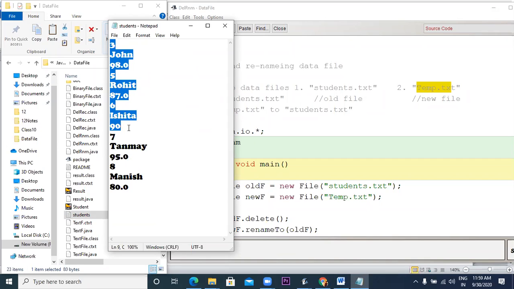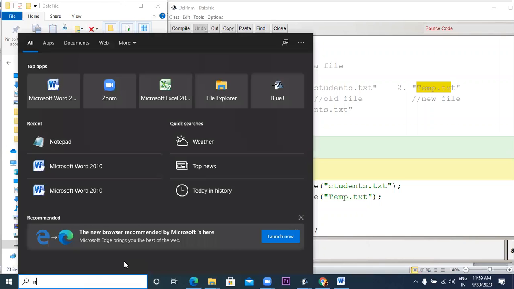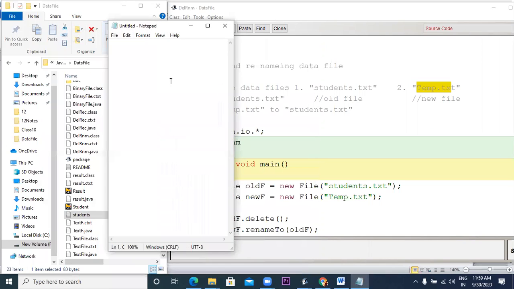Okay, let us take these 3 records and I create a new file temp in Notepad, paste it here and name it as temp.txt.